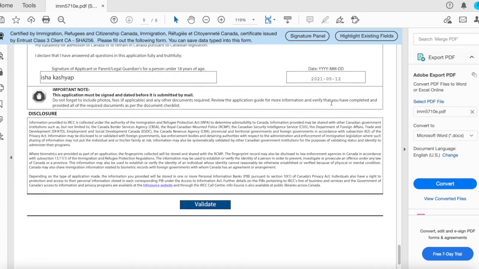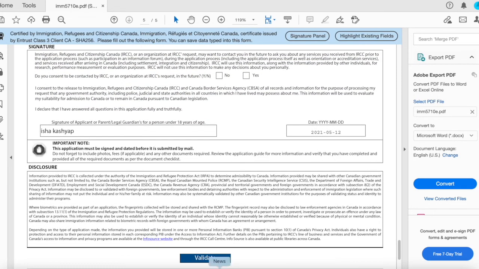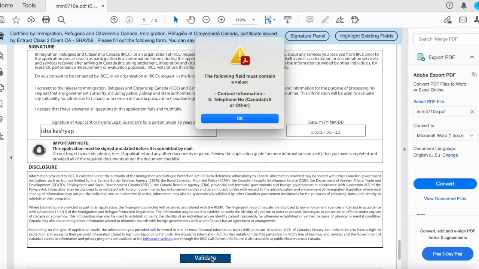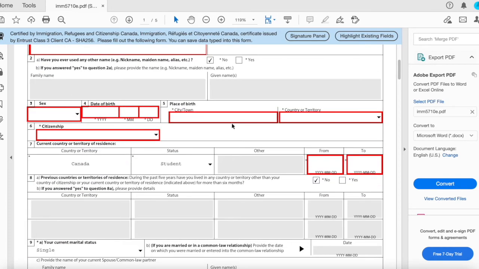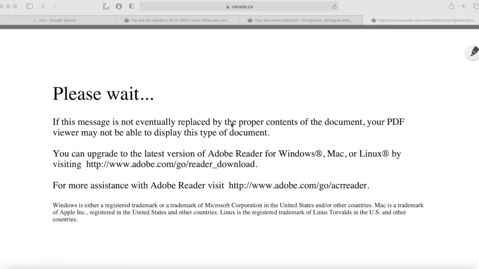If in case you forget to fill any place, they will mention where you forgot that, so you just have to validate. And in this way you can see what you missed, okay? So you have to validate. It is very important to validate. And that's it. And then all the documents over there, you just have to provide all those documents, okay?